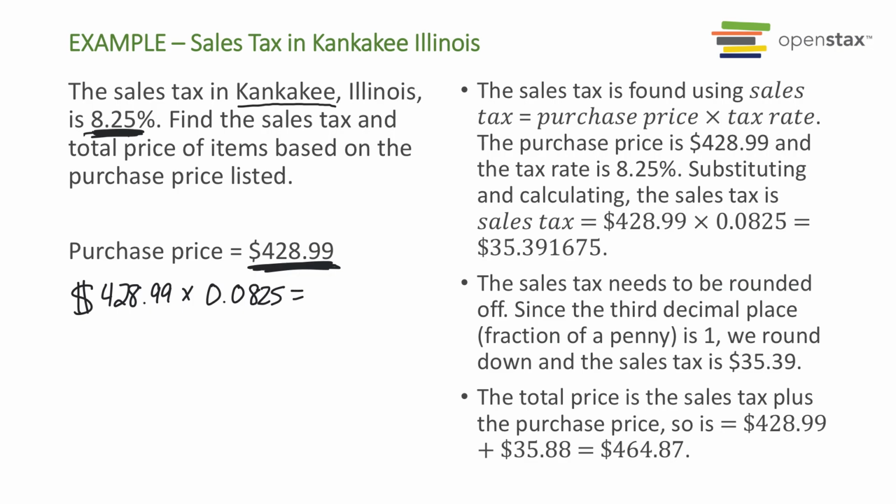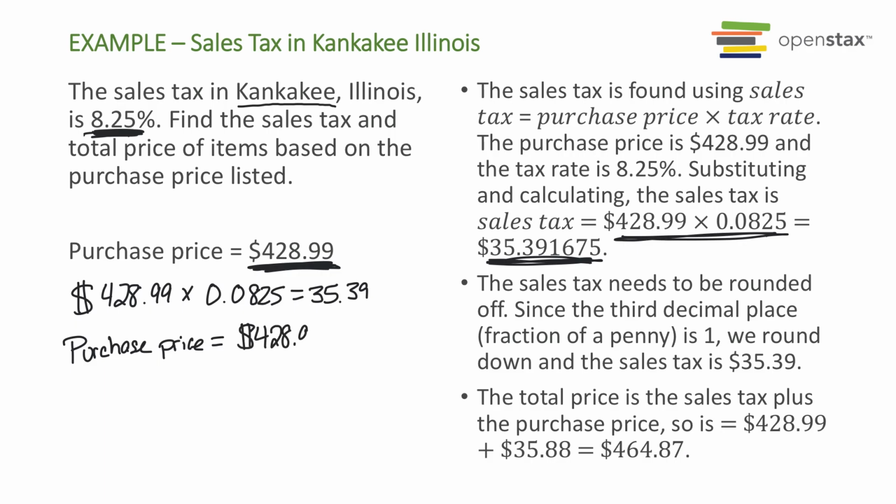And so that's going to give me $35.39. You can see that calculation done over here on the screen for us, but just putting that in the calculator would give you that. And so the purchase price is going to be that $428.99 plus the $35.39. So that's going to give us a grand total of